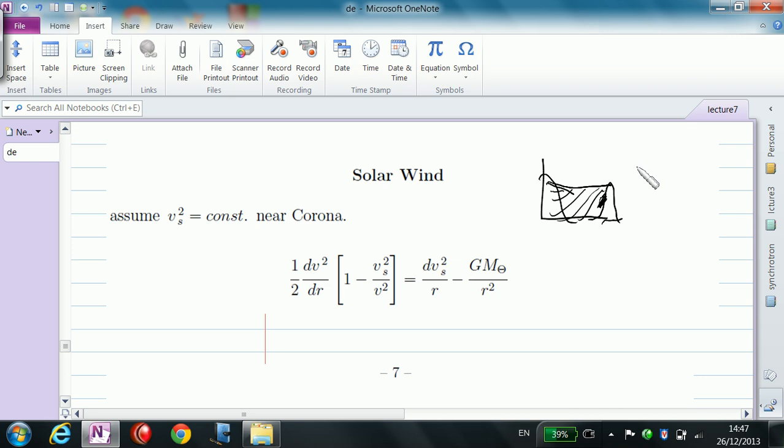But the corona is hot. If you extend the solutions of hydrostatic equilibrium, you can get a hydrostatic solution that goes indefinitely. But you would find that the corona would taper off very slowly. I mean, it would reach the Earth. That's the way he used to put it. And we're at the Earth. We don't see any signs of a solar corona extending out to the Earth, but we do see a wind. So he just figured that, okay,